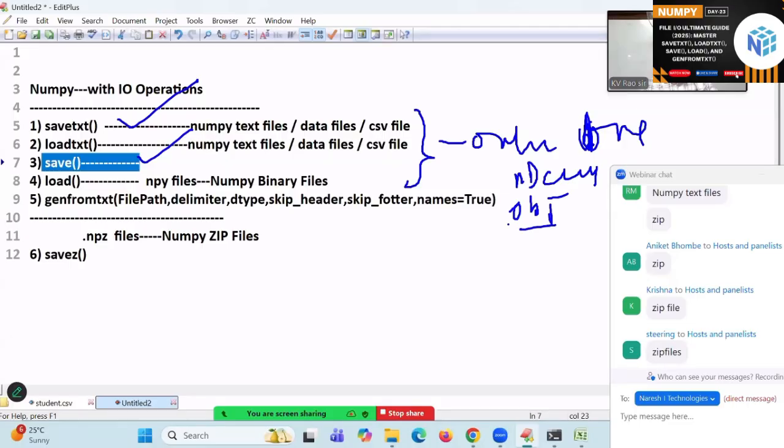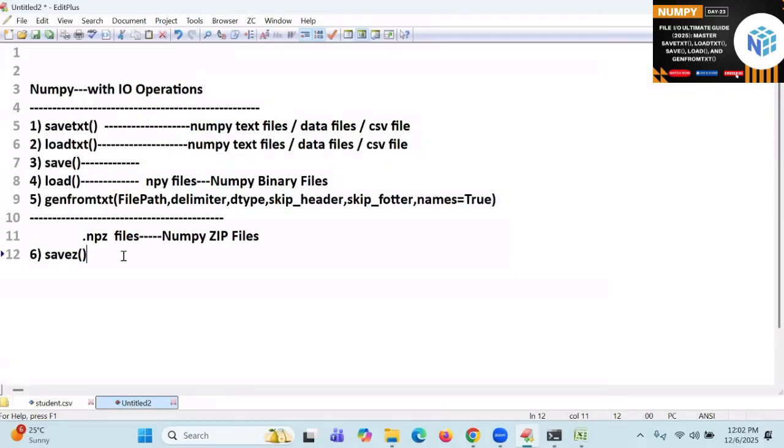That time I have to go for the savez function. Once again, savetxt and save can store only one ND array's data, either 1D or 2D or 3D. They cannot store two ND array objects. To store more than one ND array object's data, I will go for the savez function.